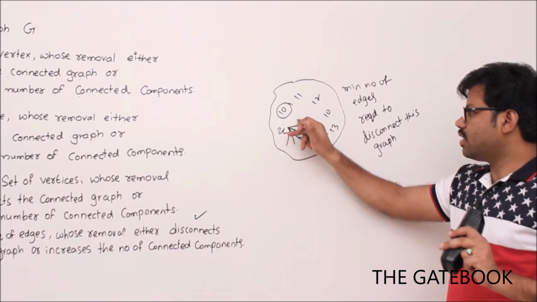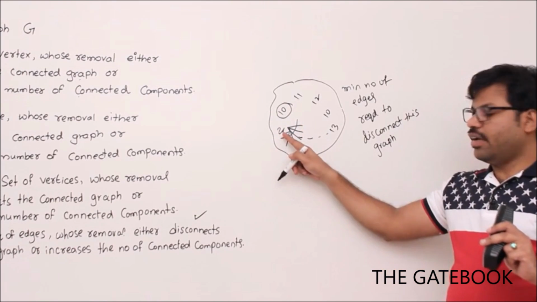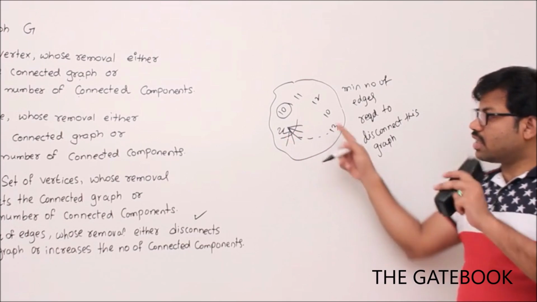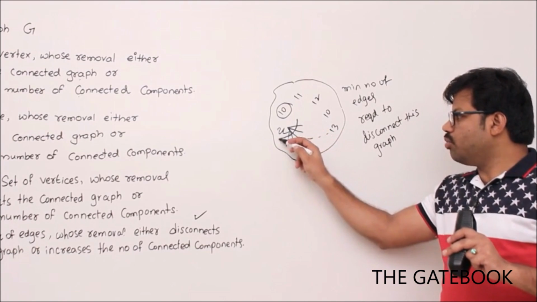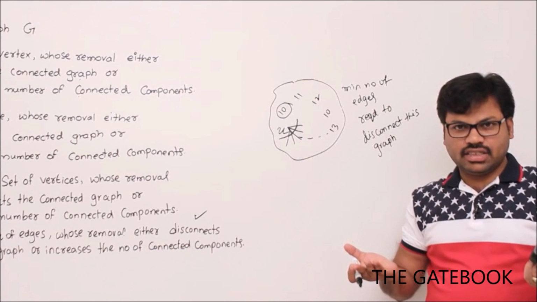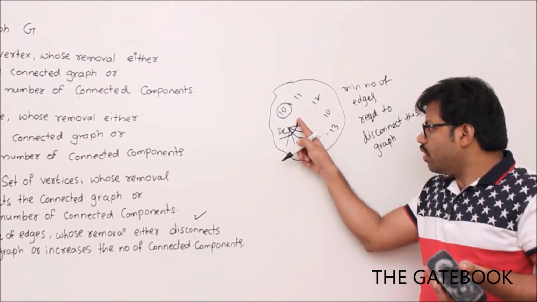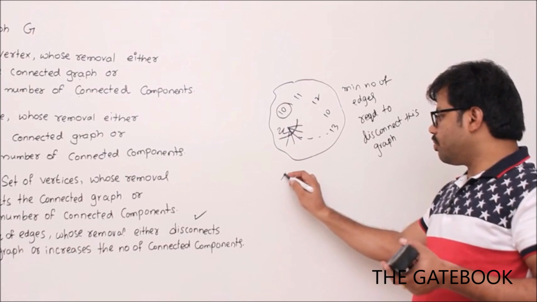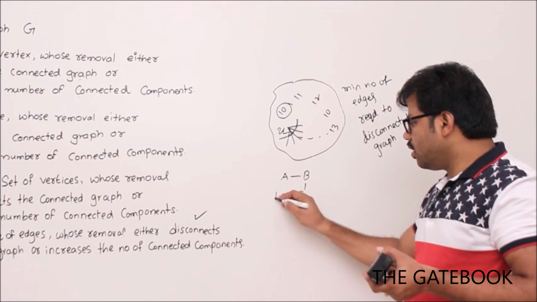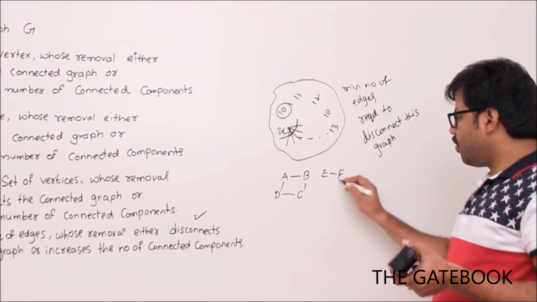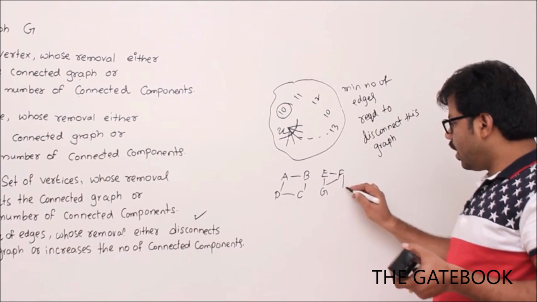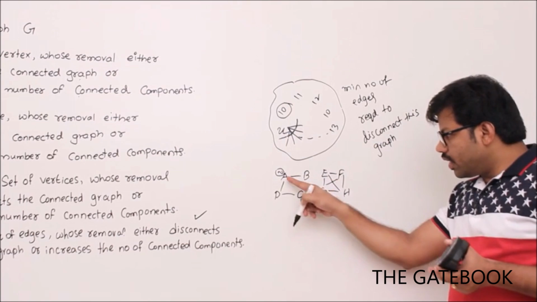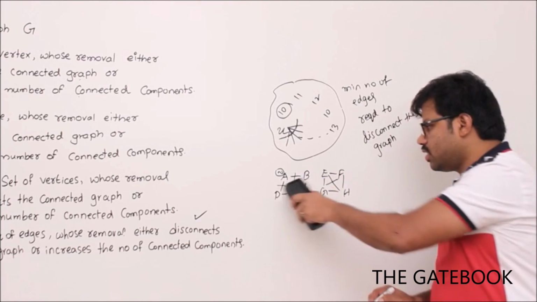So with the minimum degree, I disconnect all its corresponding edges, then definitely this graph, if it is already a connected graph, will be disconnected. If it is already a disconnected graph, then because of this new removal, the number of connected components will increase, isn't it? Because for an already disconnected graph, you are disconnecting it more. For example, you see A, B, C, D. Okay, let's take one more component, E, F, G, H. See, what is the minimum degree? 2, right? For this graph, go to this vertex A and target it and remove all its edges.